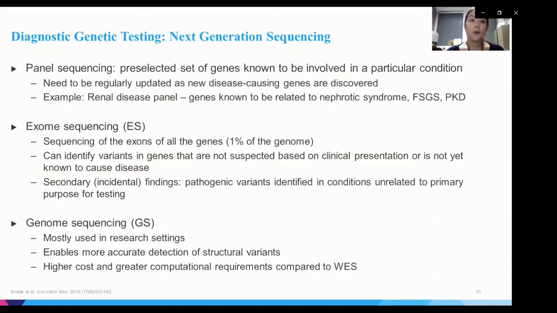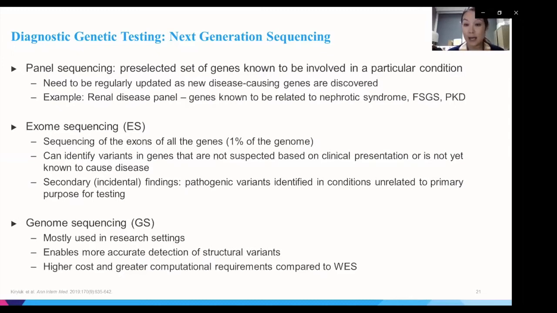But as you can imagine, this is a very, very wide net. So there is the possibility of finding incidental findings, and this is basically diagnosing someone with a condition that's unrelated to the primary purpose of testing. So going back to renal disease, let's say someone presents to you with renal disease at age 30 and was referred to genetics, and the panel was negative. We decided to do an exome sequencing, and